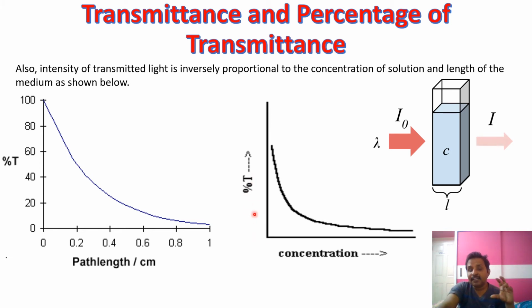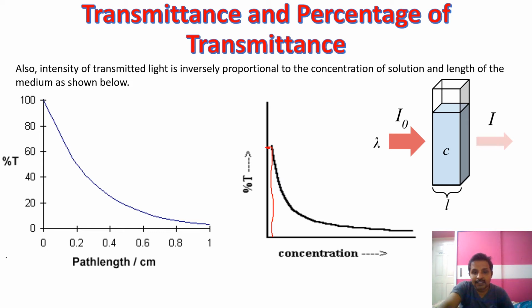That is, the percentage of transmittance is also inversely proportional to the concentration. That is, if the concentration is smaller, you can see here, the concentration is very low. As the concentration is low, the transmittance is higher,